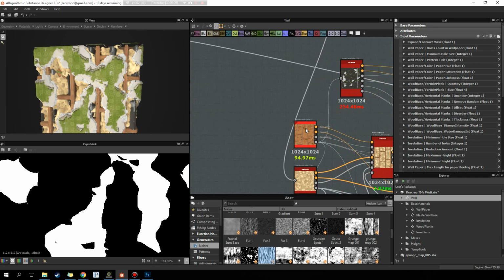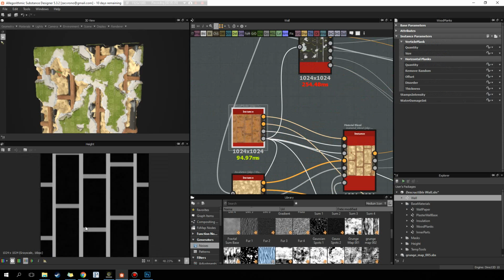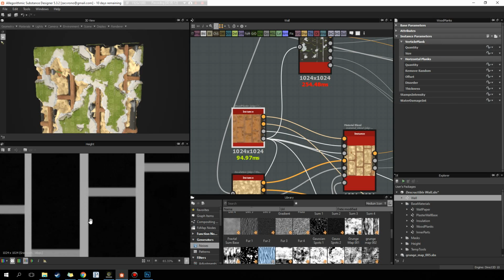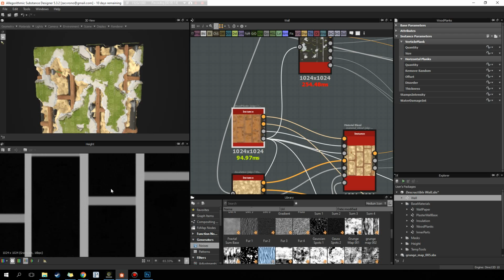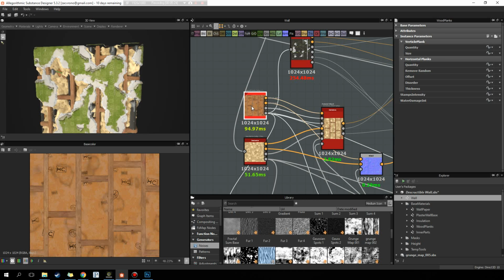So let's start at the very bottom though. Because this is the background, the wood, it doesn't matter. It has no influence because I didn't have to make this change, which was nice. So this is just generated, and you have some adjustments like how many planks of wood there are and stuff like that. But that doesn't matter because everything else is above it. So that one's fair enough. However, for the